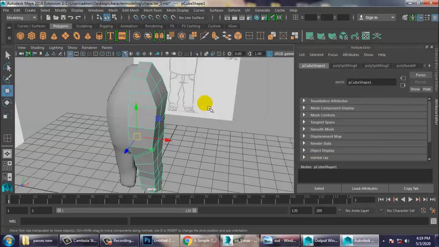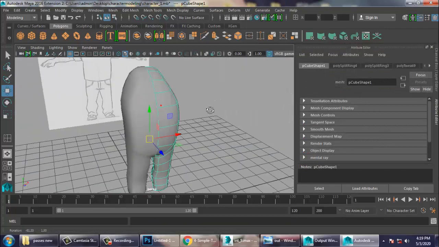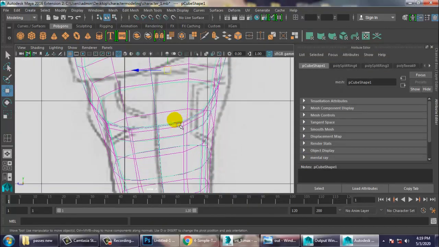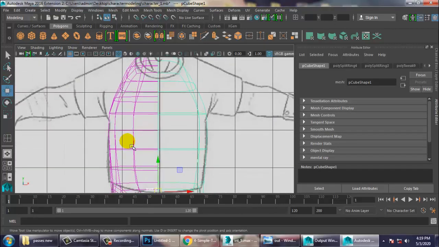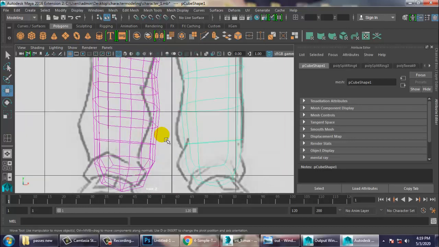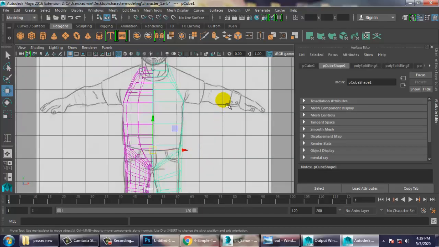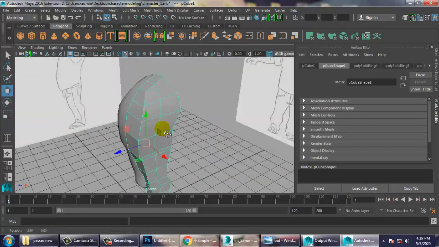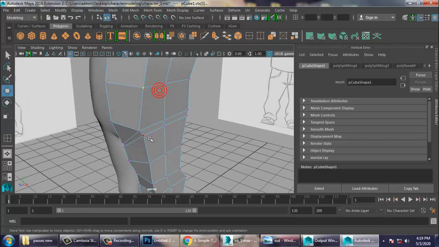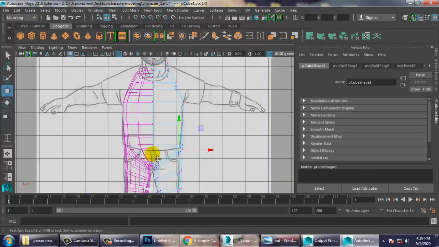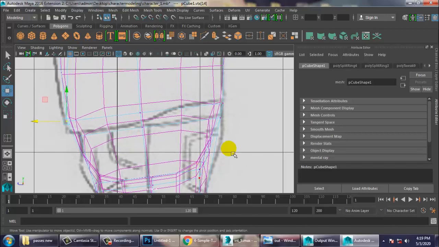Alright, so once you're done, as you can see, we have just copied this stuff, and you will see that we have just blocked this stuff in this way. So definitely we'll give the details over here. So this is just a block for this. So we can just adjust it. Whatever changes you are going to make for one side is going to affect the other side also. So we need to adjust it accordingly, whatever stuff we are going to do over here.